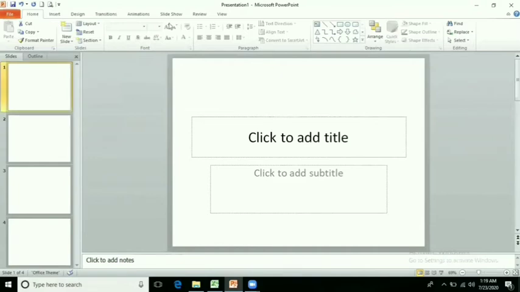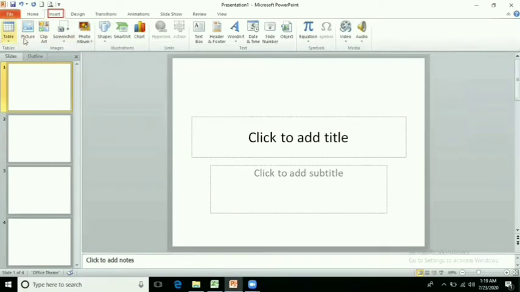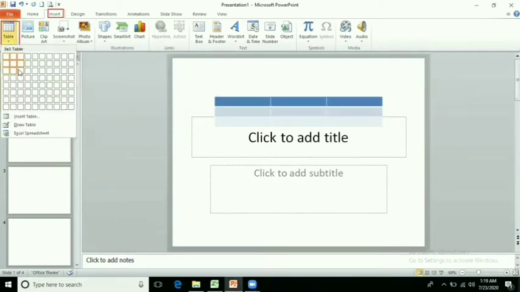So now how we can insert a table. There are many methods to insert a table. The first one is go to insert. Go to insert tab. When we will click on the insert tab, then you can see here different groups are here. So we will go to the first one group, that is our table group. And when you will click on the table, you can see here there are